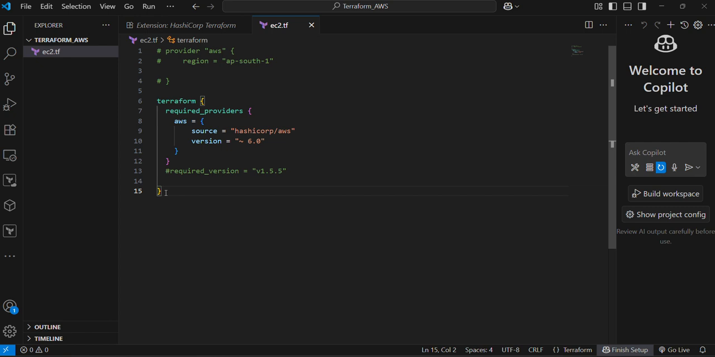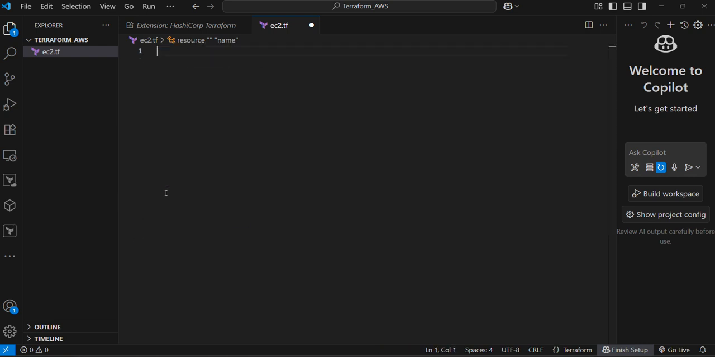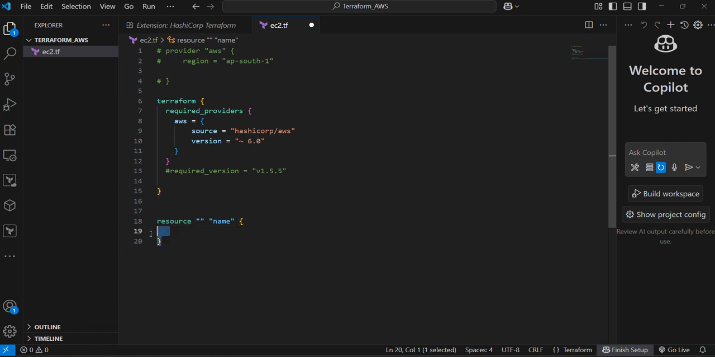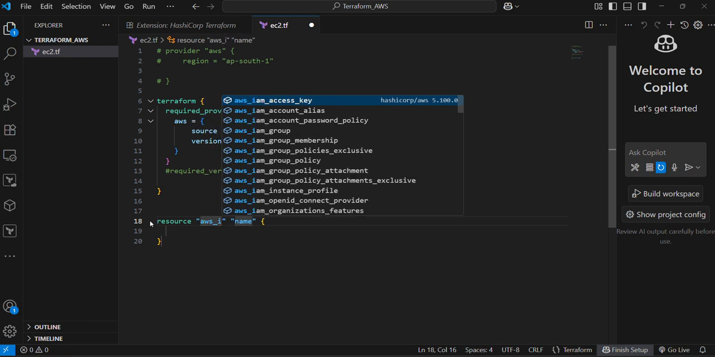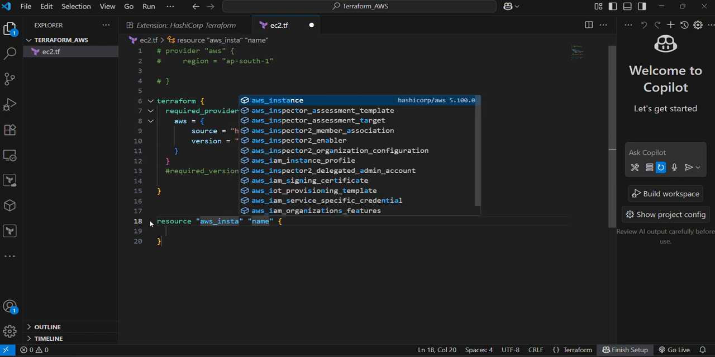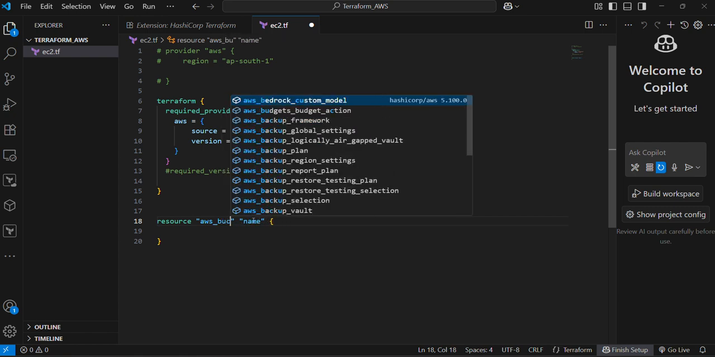EC2 configuration file. The EC2 configuration file will start from resource. Suppose you type RD and it will come. Resource, open that. And if you type AWS colon INST, instance just came. So this is mandatory whenever you are creating an instance. This is the resource type you are defining. Suppose you are creating S3, so you have to create AWS